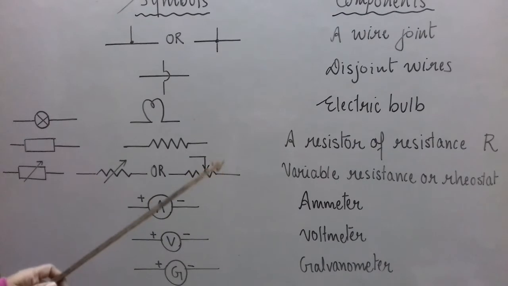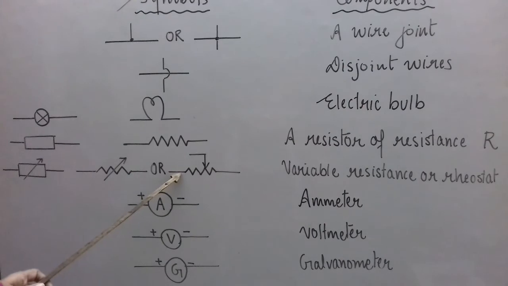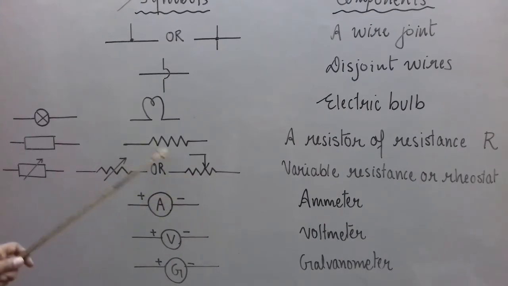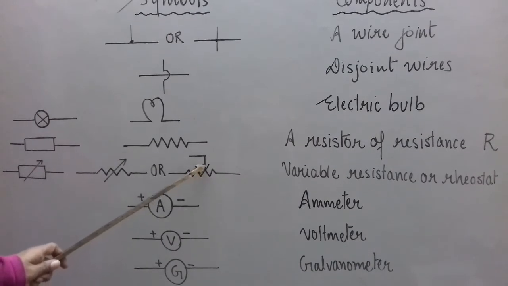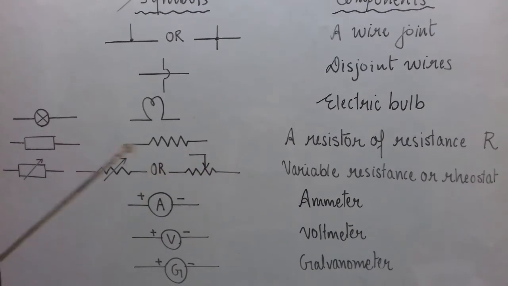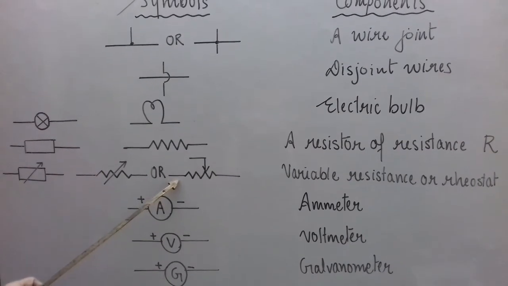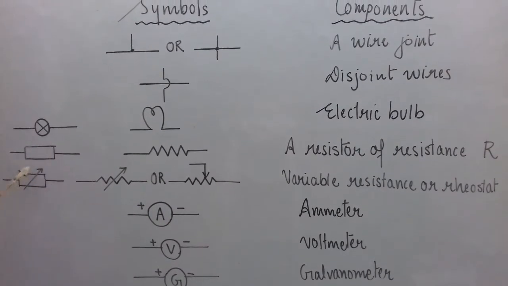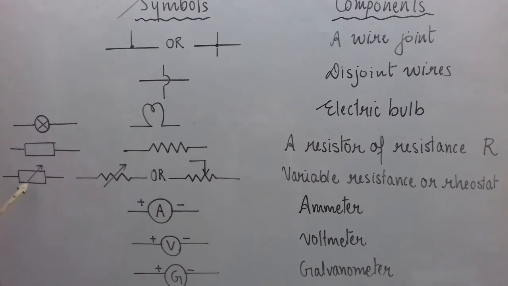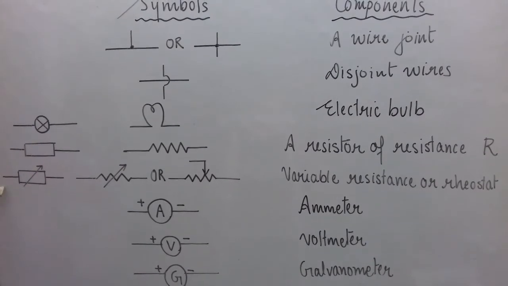So when we know that the component which is providing variable resistance is a rheostat, we can use this symbol. This is the same symbol as resistance, and just put an arrow like this. Remember, these two should be in contact. So in your 10th class, we'll be using either this or this symbol for variable resistance. Do remember that if this represents resistance, when I put an arrow over it, this represents variable resistance. You may see these symbols in some of the textbooks, but we are not going to use them.